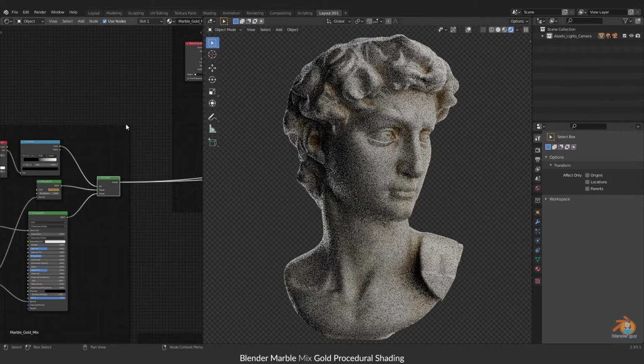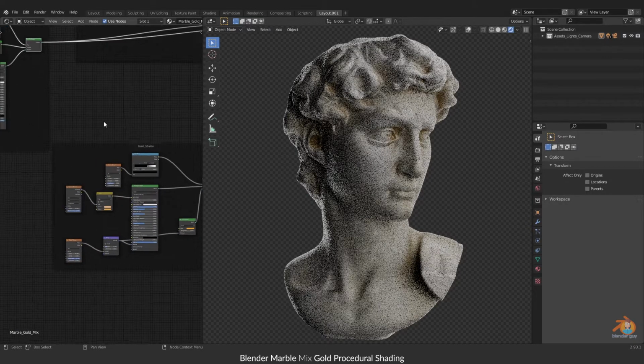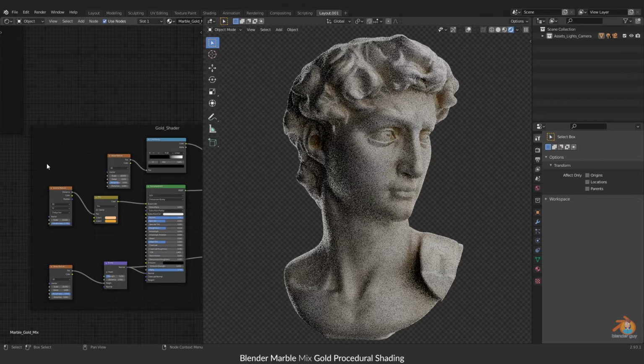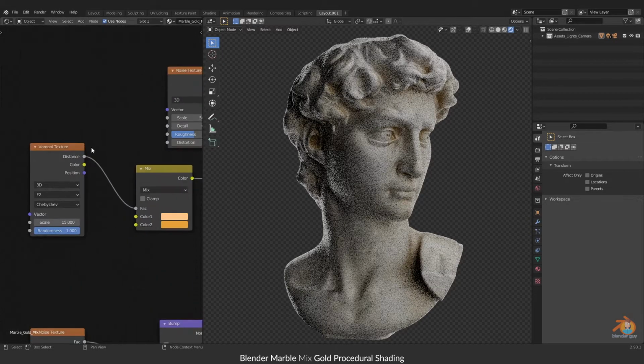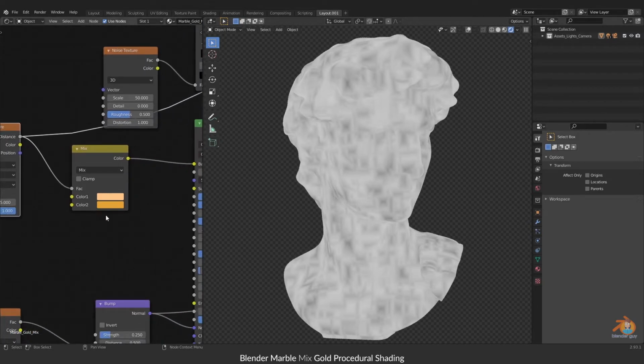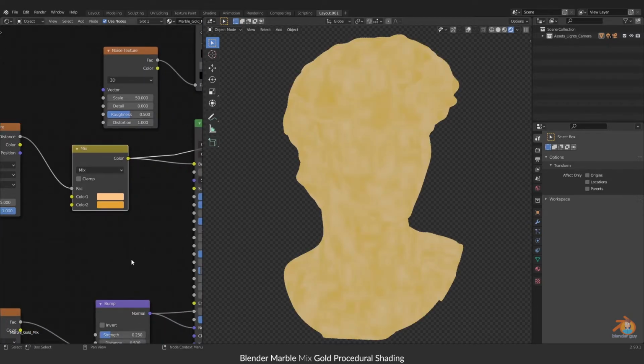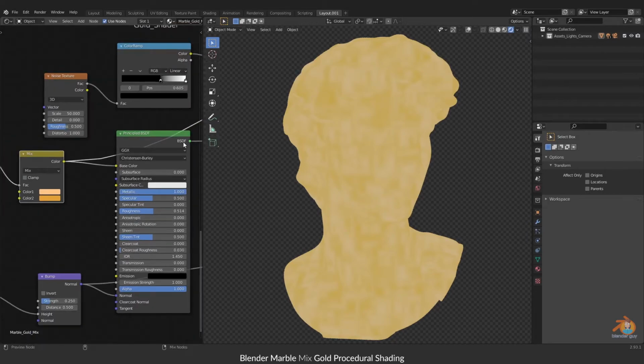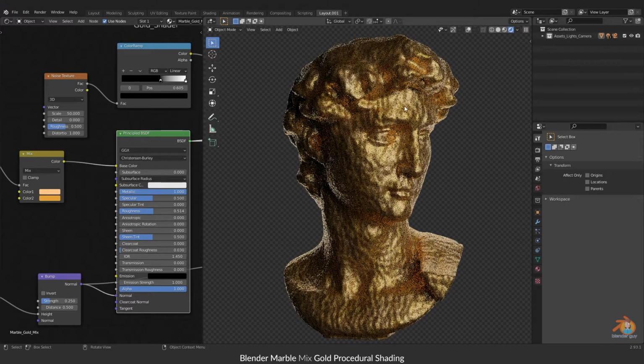And coming to the gold material, this is my gold material. Again, here there is a Voronoi. I mixed two colors here and connected it to a Principled BSDF. You can feel the bump, because I know it will be visible in the little cracks, the black part.